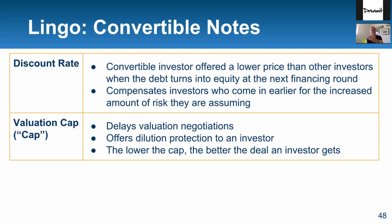So they get a discount for the next round because they're taking a risk by putting, let's say, $500,000 or $1 million into you total. They're going to get a discount rate, and it compensates them for that risk. Just so you know, today, this is almost June 2016, the typical discount rate that we'll see in a convertible note is around a 10 to 20% discount rate. So again, today, June 2016, the typical number you'll see in an early stage seed round note is about a 10